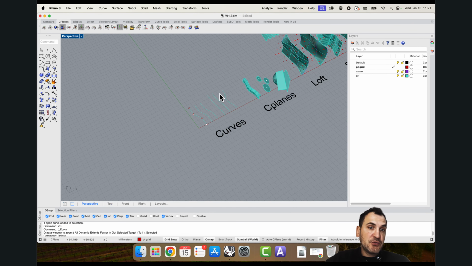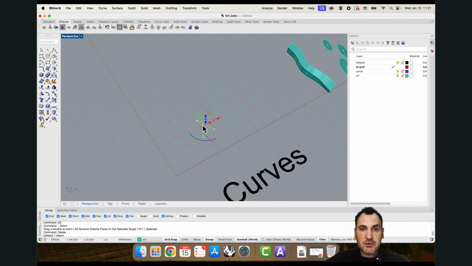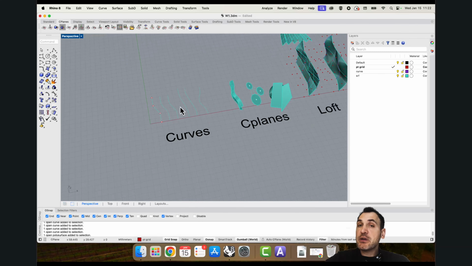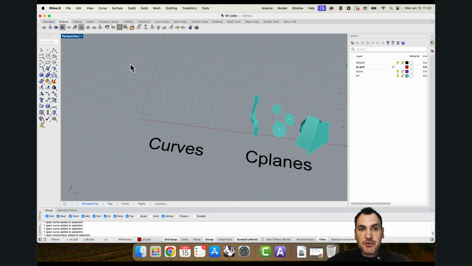And if you want to grab geometry, there's this selection tool here, but you can also grab individual elements like surfaces and curves, and you can also use marquees. Basically, you can drag a marquee from left to right, which will give us a solid marquee, and it will grab everything inside of it. But there's another type of marquee, which is the dashed marquee, and that's drawn from right to left. And that basically grabs everything that it not only